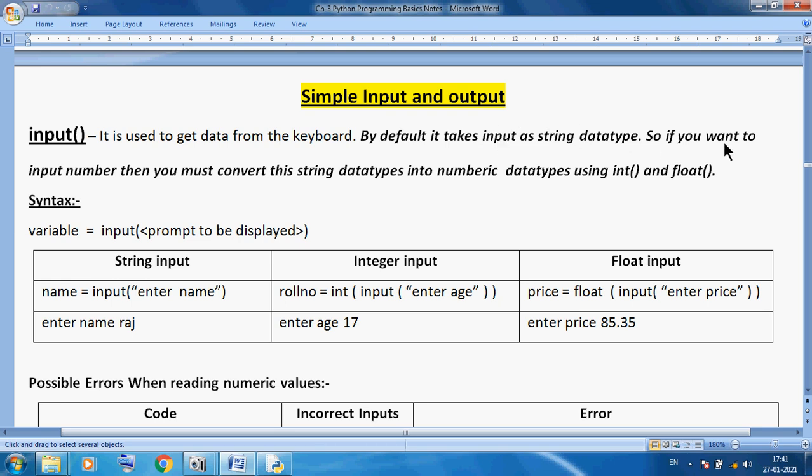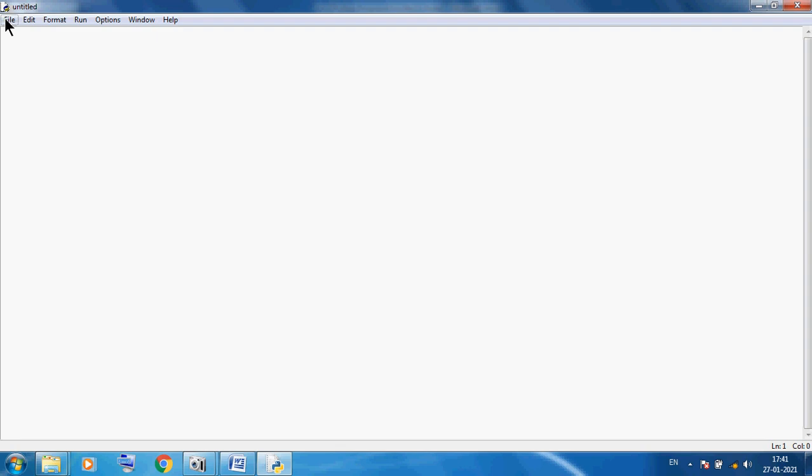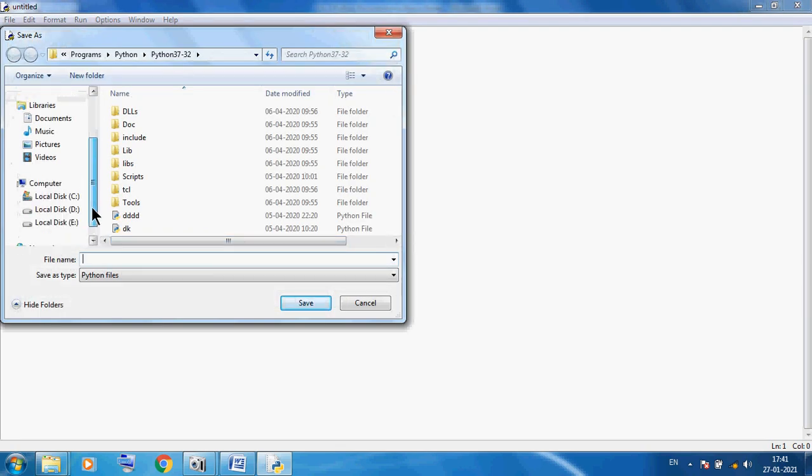So if you want to input a number, you must convert this string into an integer or use the float function. Okay, you must use the integer or float function. So here I am giving some examples. Suppose first I want to save this file. I want to save, so here I am giving the file name